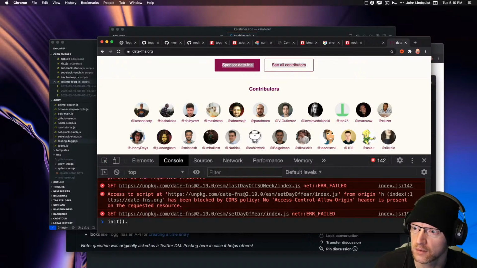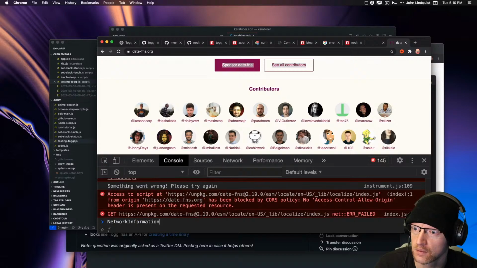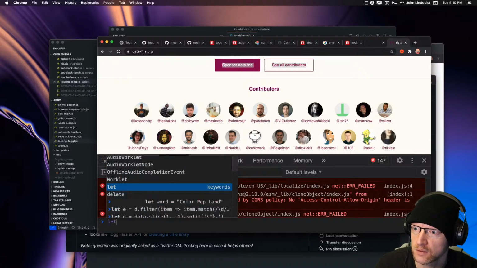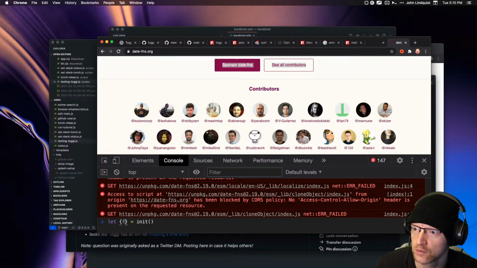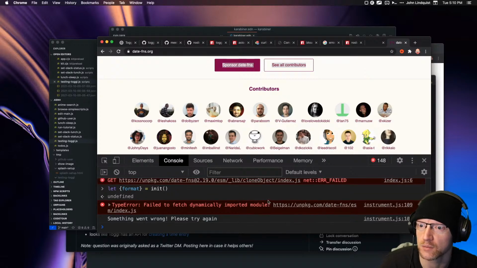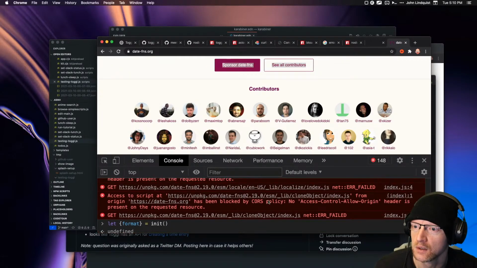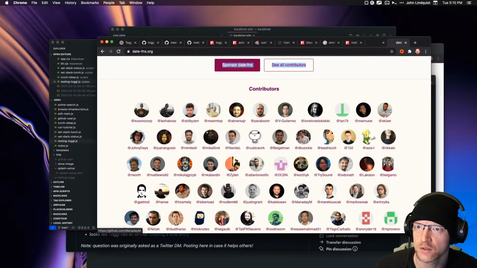Huh, init format. I wonder what it expects me to do. Like this? Oh, failed to fetch dynamically imported module. Alrighty, we'll just